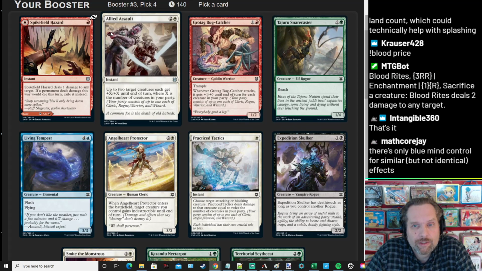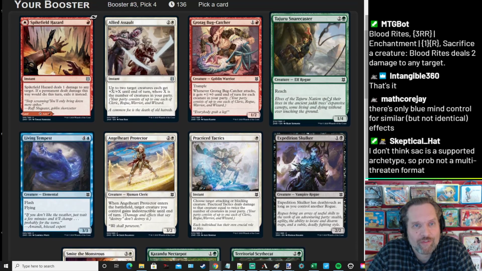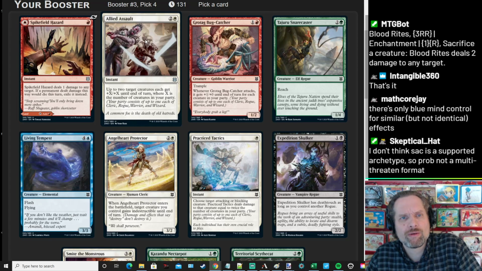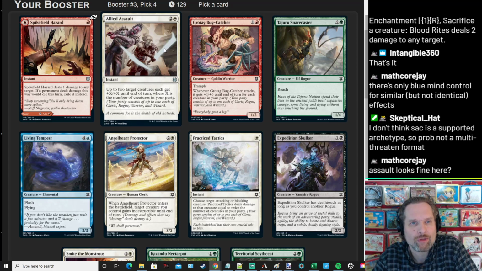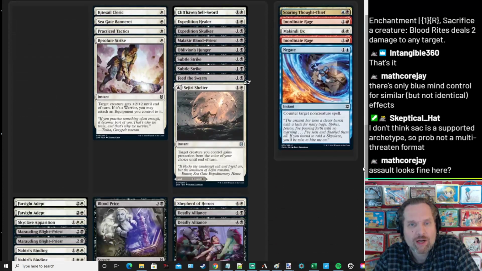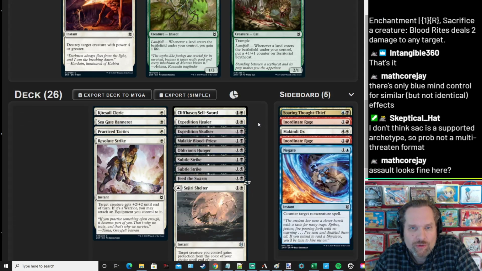Allied Assault is fine. I feel like all of our picks have kind of been the same range here. I want creatures more than... I mean, we have removal, so I don't think Assault... Even though we're kind of doing the party thing, I don't think we should focus on it. I think we should focus on filling out our creature slots. We have 1, 2, 3, 4...